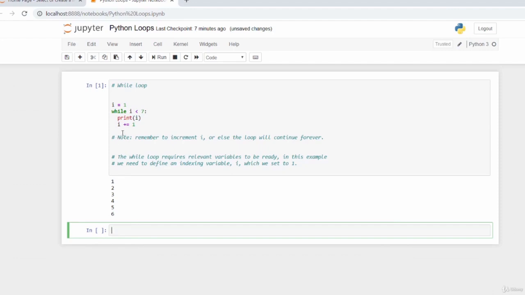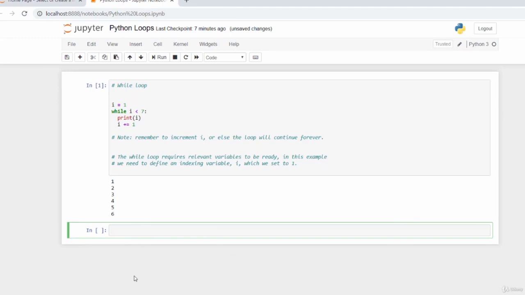But it's very important that you always add the increment to the original value, which is 1. If not, the loop will continue forever, which means that this condition, i will always be less than 7, if you don't add this increment to be adding 1 each time the loop runs